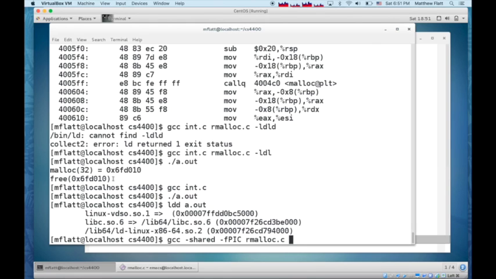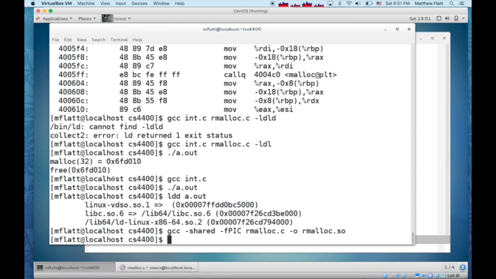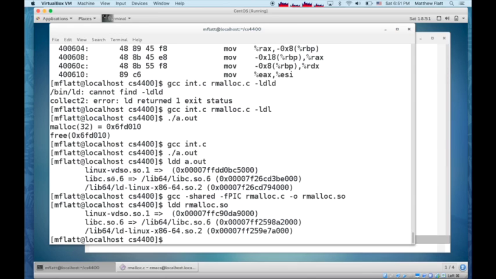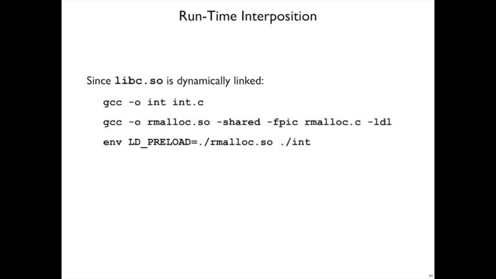rmalloc.c, and let's make it rmalloc.so. Okay, so we have rmalloc.so. That is similar to an executable. It's referring to libc, but if I try to use malloc in here, it's the malloc of rmalloc. Right. So then what I'm going to do is exploit the fact that this int is really dynamically linked to libc. The resolution, the linking of malloc to libc doesn't happen until runtime, when that libc.so is resolved, and I